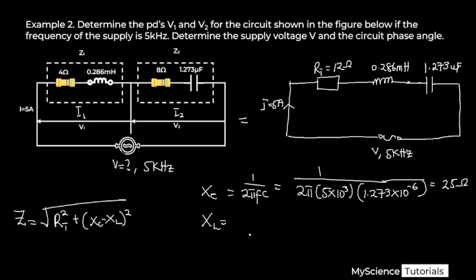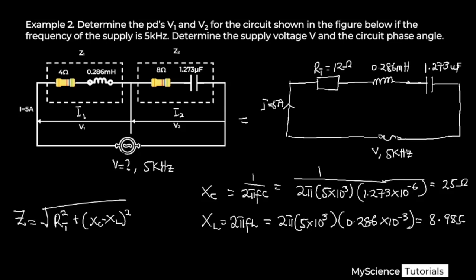our answer. Now the next thing we do is to find our inductive reactance. Inductive reactance is given mathematically as 2 pi FL. This is equal to 2 pi multiplied by the frequency, which is still the same, 5 times 10 raised to the power positive 3, multiplied by our inductance, which is 0.286 times 10 raised to the power negative 3. So if we compute this into the calculator, it's going to give me an answer of 8.985 ohms as my answer for